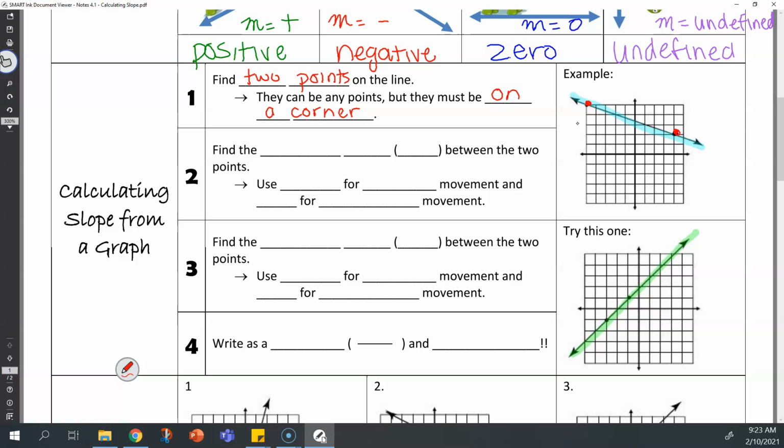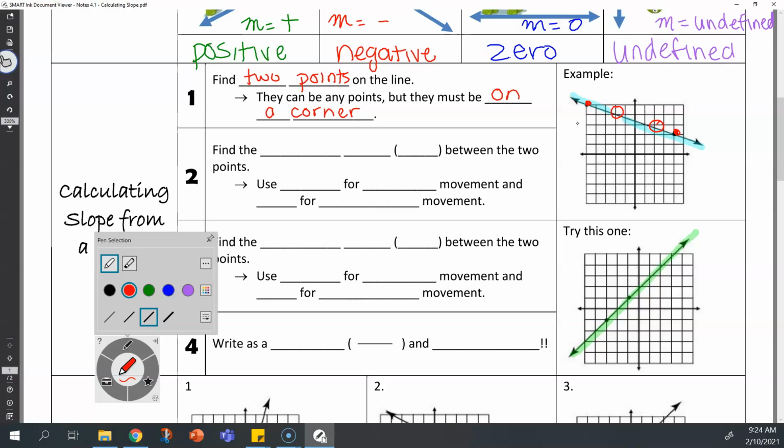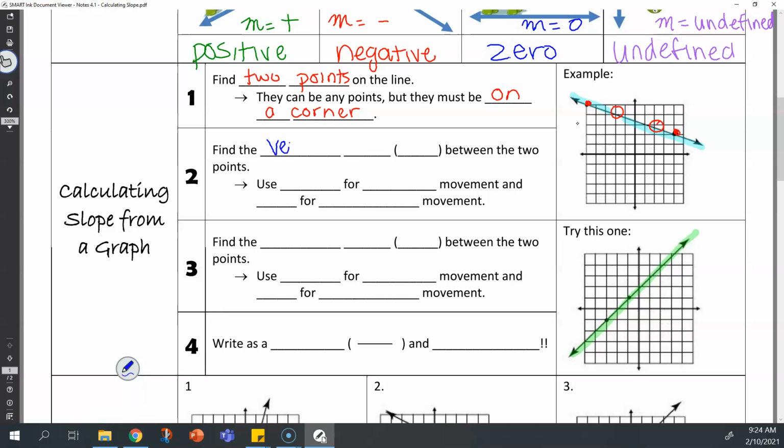I want to pick a point that's something like this one, where it crosses directly over the corner of the grid. Okay, I don't want to pick a point like this one where it crosses that line kind of in the middle of the box. But you can pick any points as long as those points fall on a corner of the grid line. Once I've gotten my points, I'm going to find the rise or the vertical change between those 2 points. So the vertical change,